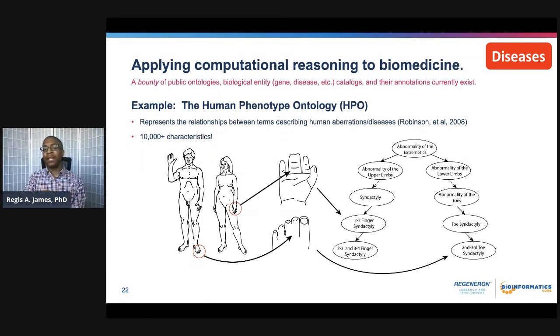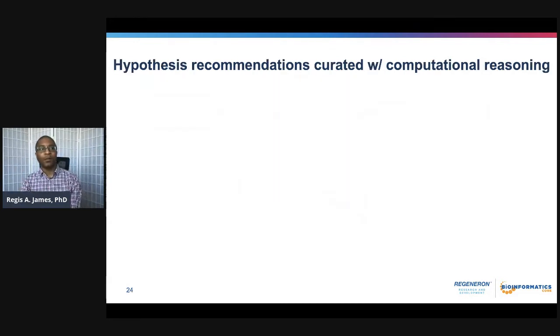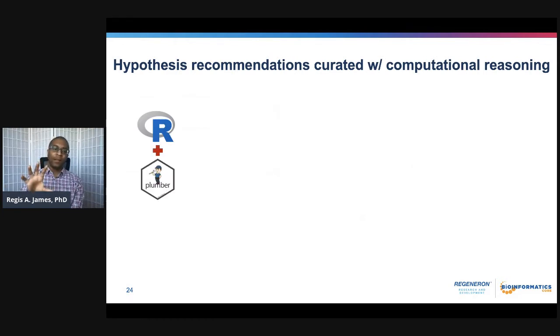Remember, those dotted lines between the hierarchical vocabularies and the catalogs also exist as well, which facilitates the application of computationally reasoned hypothesis recommendation, which is what was done for this Intermap project. And of course, just like with the lunch selection, it can be applied to increasingly complex hypotheses across massive biomedical catalogs. So the way that was done in the Intermap target detector, which is the screenshot that I showed initially,